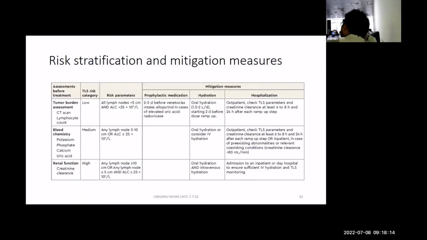So how do you decide which patient you want to admit and which you want to manage on an OPD basis? That depends on the burden of the disease. If the disease burden is pretty high, with high lymphocyte count and bulky nodes, they have a high risk of lysis, so you start hydration one day before, give anti-TLS, and monitor. If the risk of TLS is low, you can manage on an OPD basis. We have admitted patients the first time you give it, unless there is a patient with lysis, right? So that has happened.